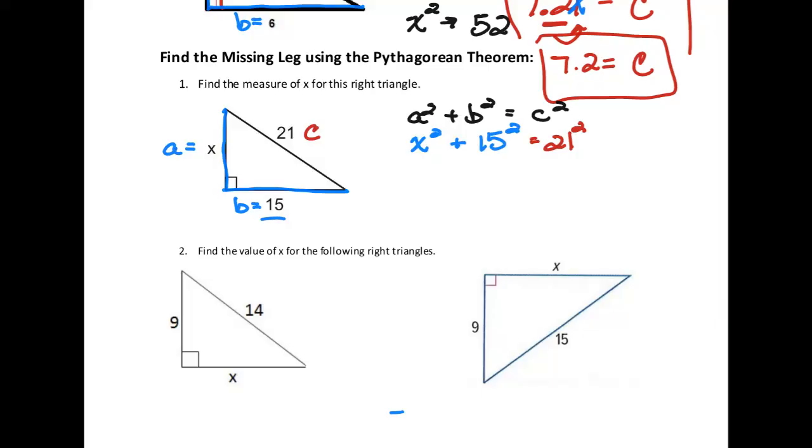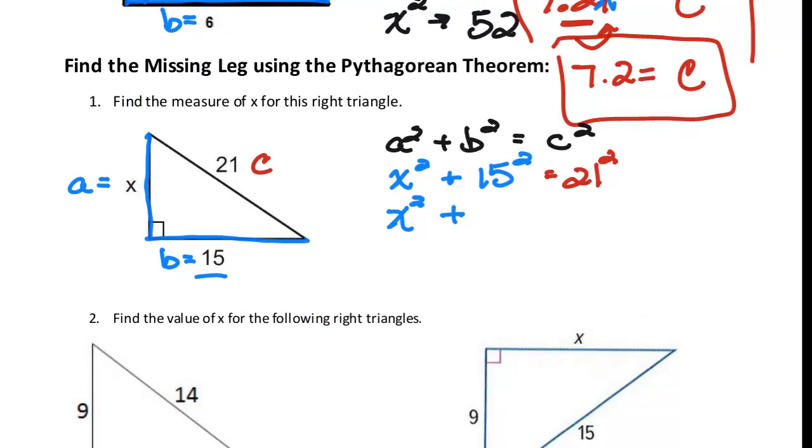All right. X squared is going to stay as x squared. What is 15 squared? 225, and equals 21 squared is